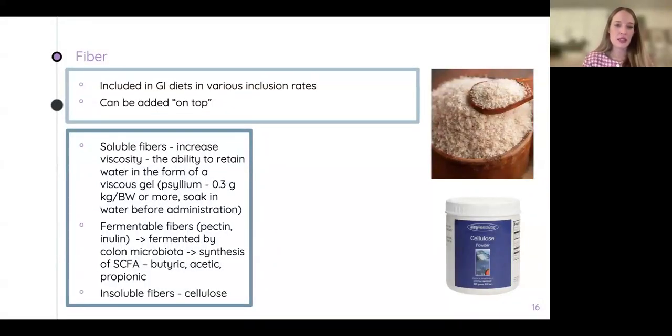And then we have insoluble fibers like cellulose. Cellulose we would use more when we have issues with too dry stools, with some coprostasis. That is rarely the problem with our patients, but sometimes it happens if the diet is just really good for them. They can even end up with too dry stool and infrequent stool, and then you can add cellulose